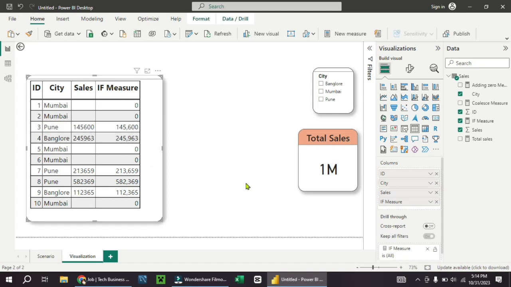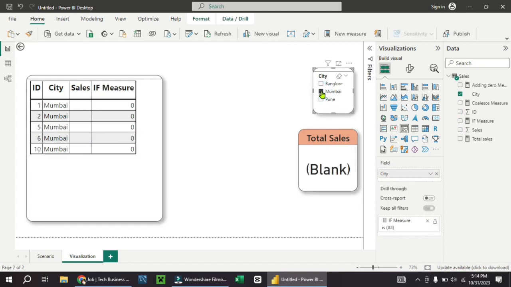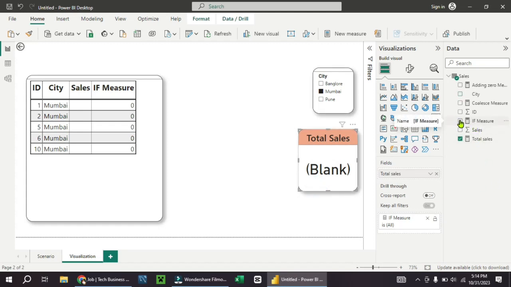Now same here in the card visual, if we select Mumbai and select our IF measure, you can see we are getting 0. Now it's not showing a blank value.